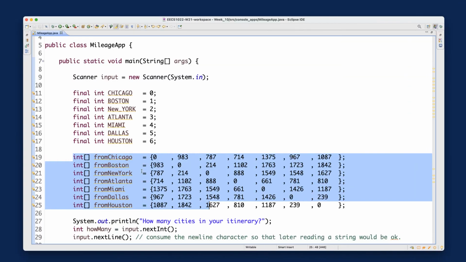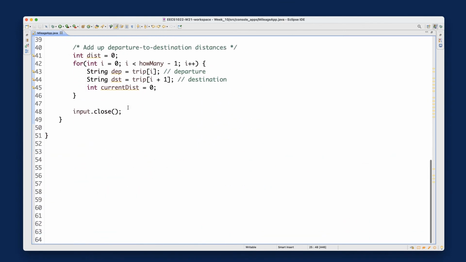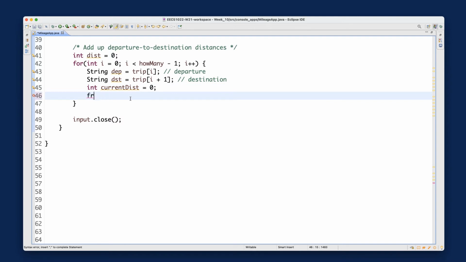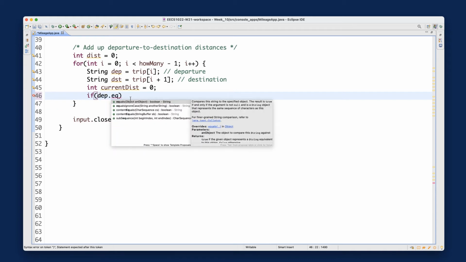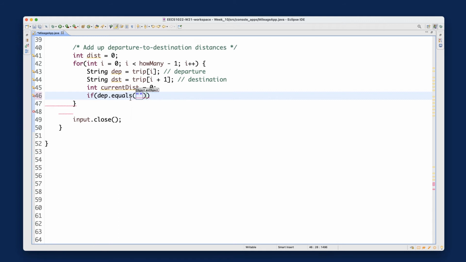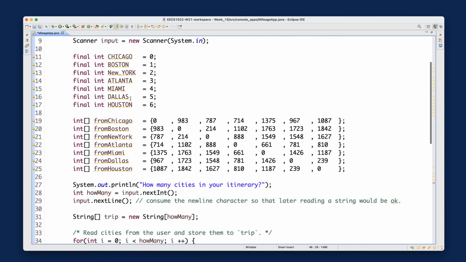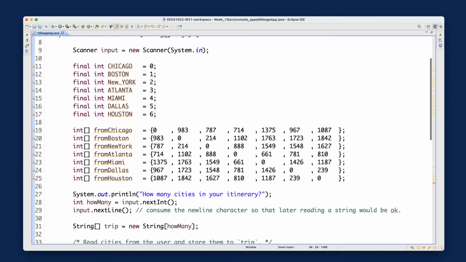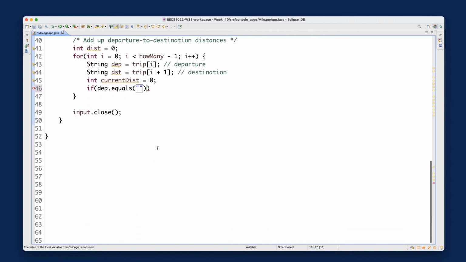Let's go back here. So what I should do is some if conditional, but I'm not sure if you can already predict how complicated things might be, right? Let's stay within the loop. Let's say this: if the departure city dot equals, remember, we always compare string values using the equals method. If that happens to be Chicago, right? If you remember the table, the first one will be Chicago. That's the first row. Okay. If that happens to be Chicago,